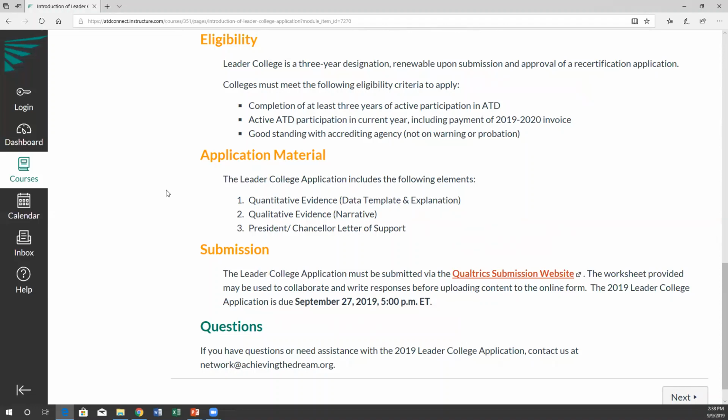We've provided a downloadable Leader College application worksheet that applicants may use to collaborate and write responses before uploading content to the online form. The 2019 Leader College application is due September 27th by 5 p.m. Eastern Standard Time. At any point you have questions or need assistance with the application process, please contact us at network@achievingthedream.org.